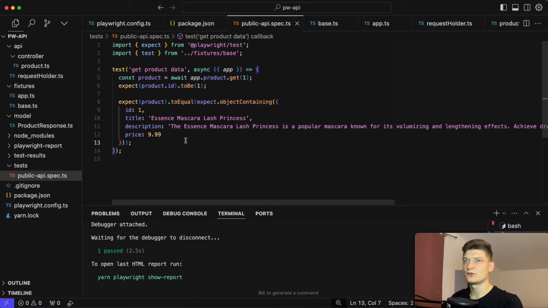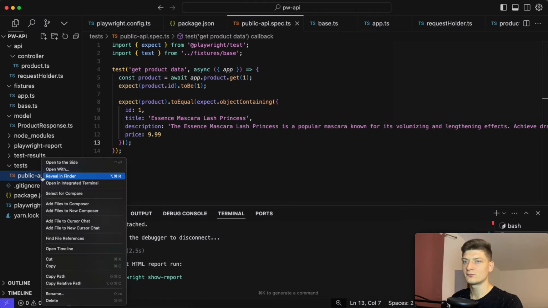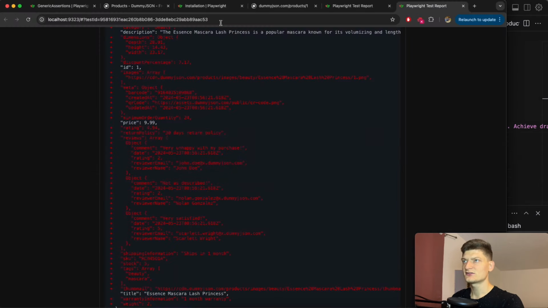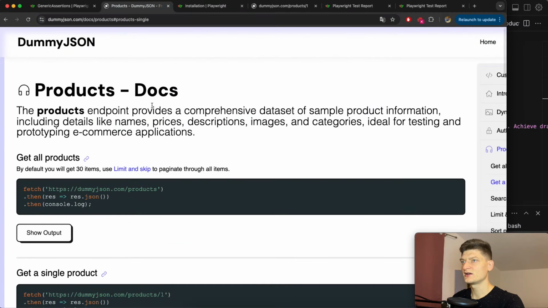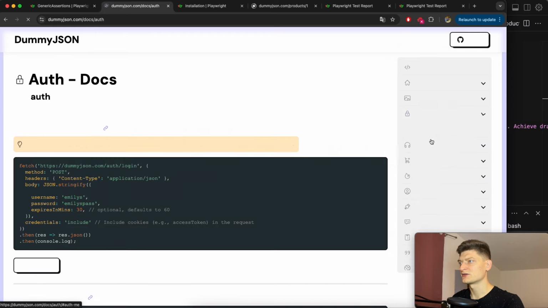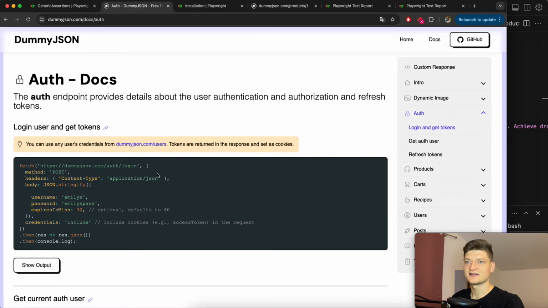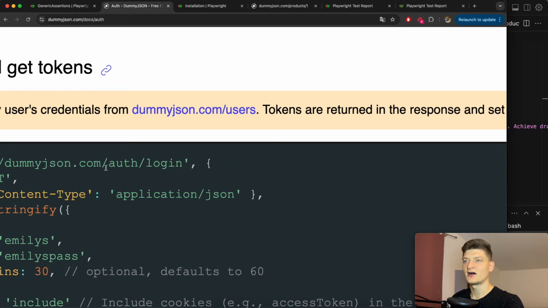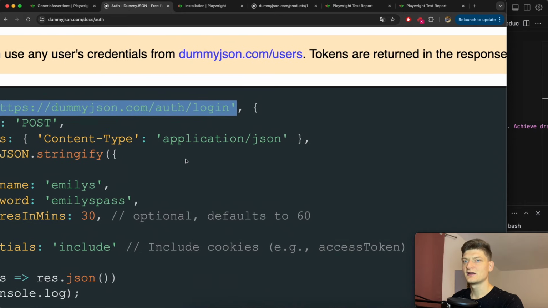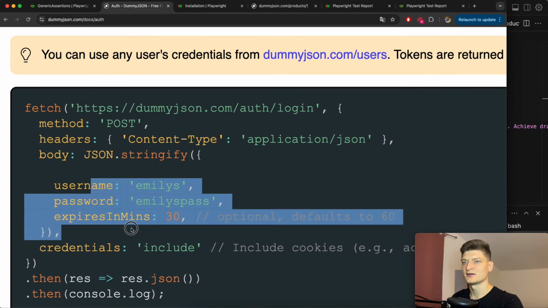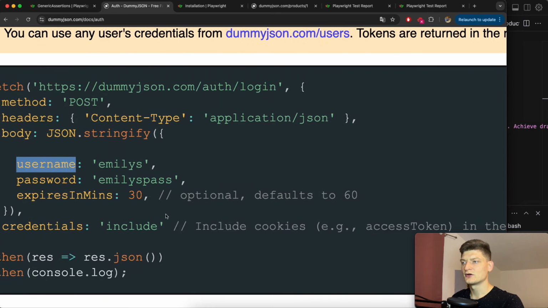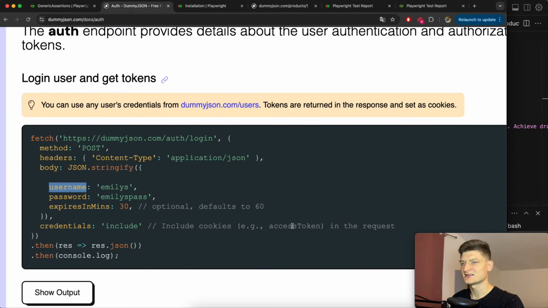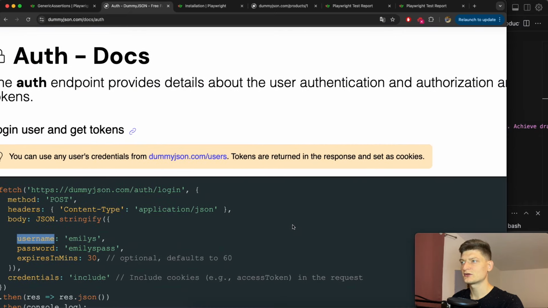Let's get back. So we played around with public data, but what to do for private one? And that's also the case I want to discuss with you, because our dummy project actually has authentication part, and you can see you can fire auth login method and just pass some JSON with username and password, and you are going to receive cookies with access token in it, and later you can fire